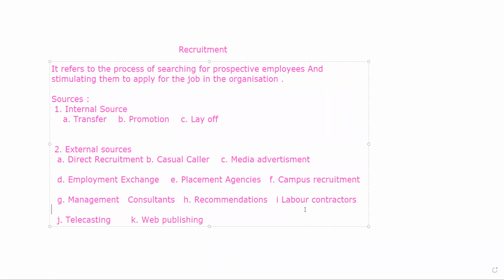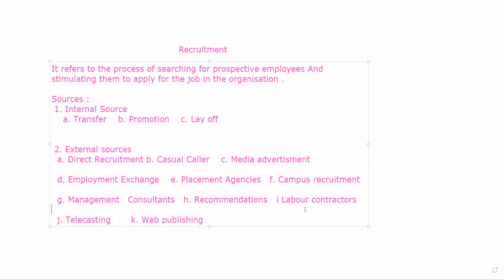But the only difference is the placement agencies, which are at a good level in good universities and good colleges. The chances of placement become higher in those institutes which are good enough because they are associated with good companies. Moreover, when you complete your degree, there is no need to go to the doors of the companies. The company just comes to the door of the university or institute and selects you there only. So in this way, it is also a way of recruitment.